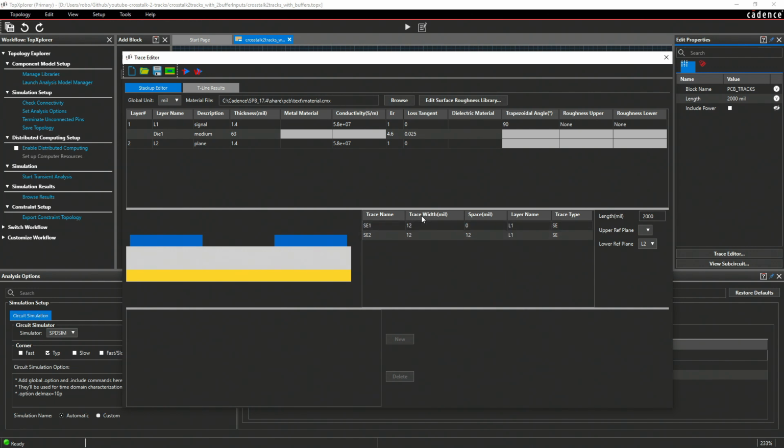Both traces have a width of 12 mils, and the space between these two traces is also 12 mils, okay? So this is the one trace, 12 mils, then there is a space of 12 mils, and this is the second trace, 12 mils. The distance between the top layer and the reference plane, which is on the bottom layer, is again the 63 mils, which we use for the 2-layer PCB.